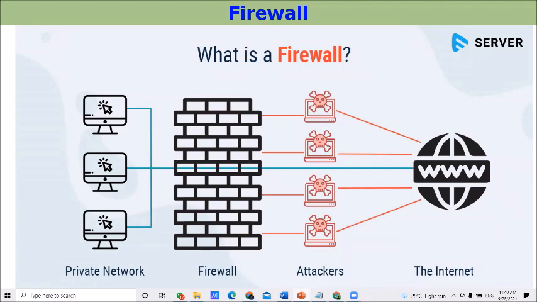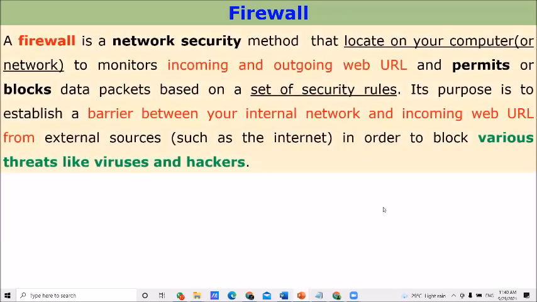Right. Then I think you finished drawing the diagram here. Here, explain about what is firewall. Look at the paragraph here. Firewall is a network security method that is located on your computer or network.